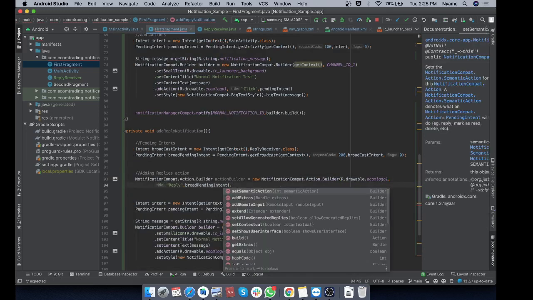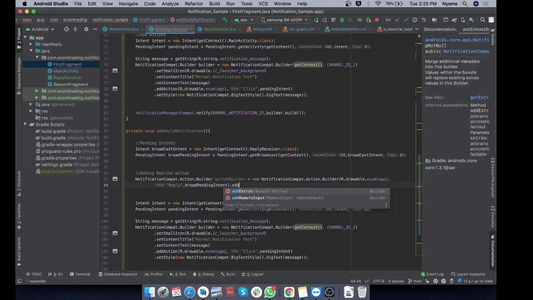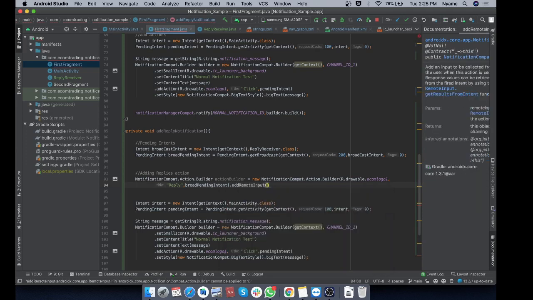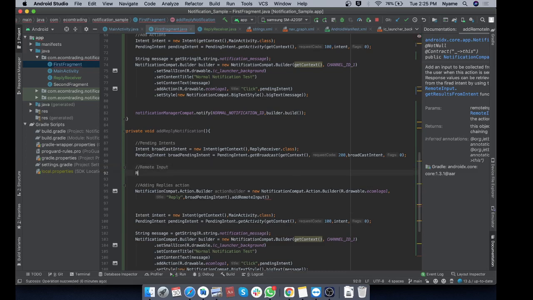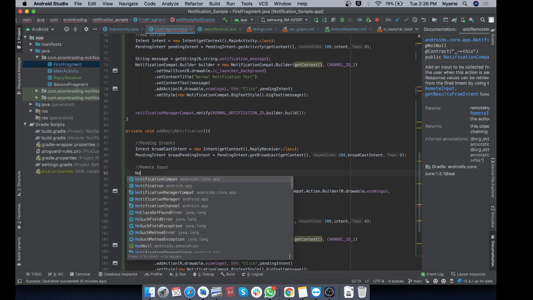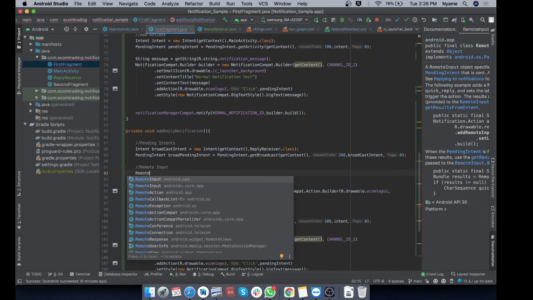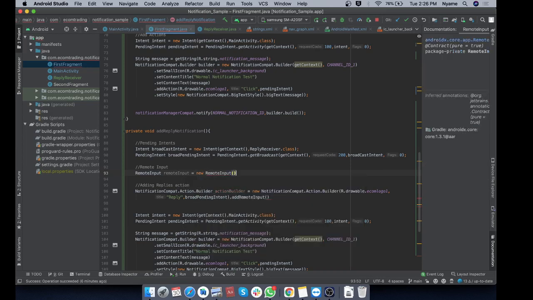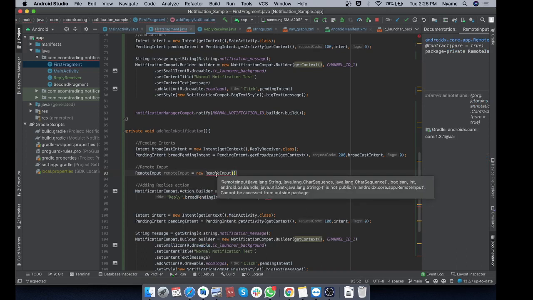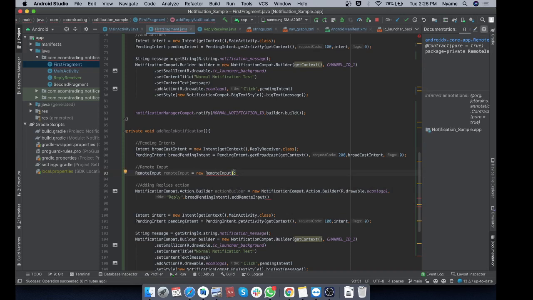In here we can add our remote input. So let's create our remote input. So we are going to have something like an edit text in the notification. So remote input is equal to new remote input, and it takes